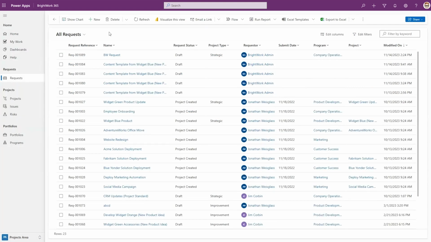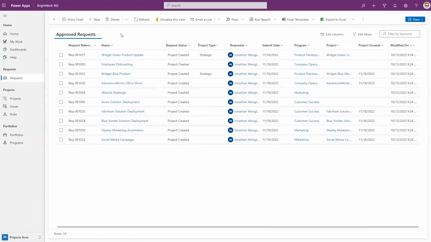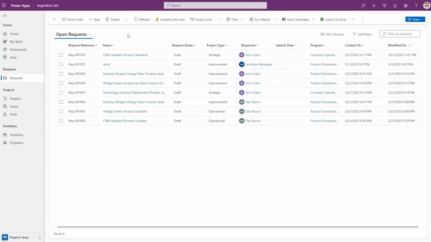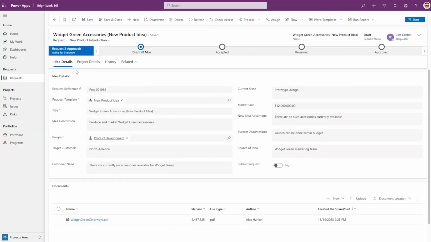In this Evolve example, the first goal is project request governance, for which you have the Request app in BrightWork 365. Here, project sponsors can find all project requests that have been logged in the system. This is a sample of an original project request with a form for the idea details. Our ready-to-use template that you can also configure includes description, target customer, need, source of the idea, and any associated